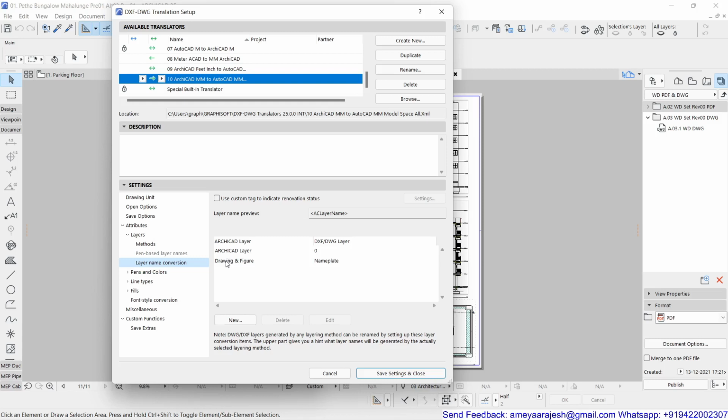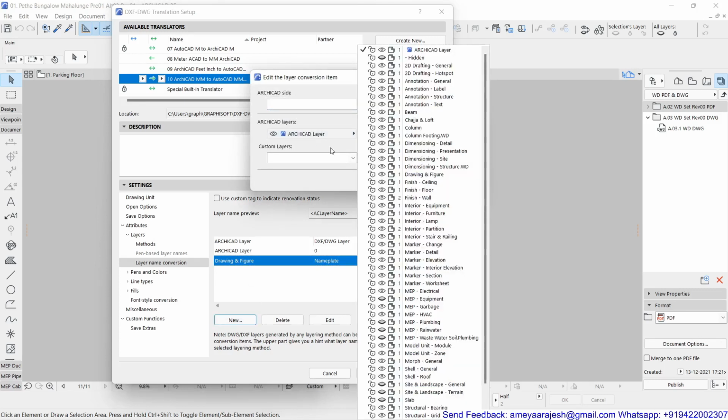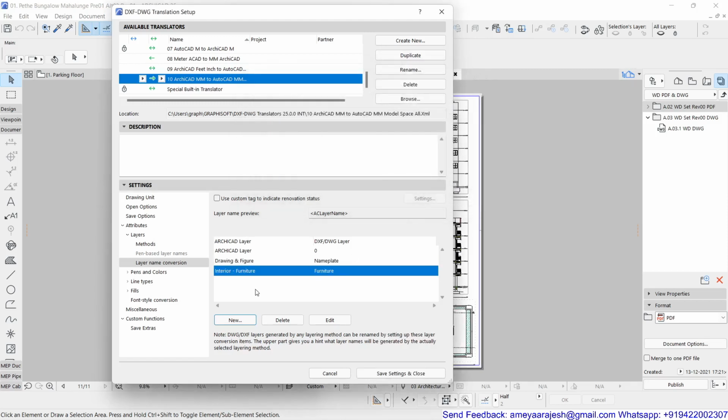For example, I have selected drawing and figure, and that was renamed as nameplate. In the same way, if you see interior furniture and you just want to rename it as furniture, you can give such names, and that will be the substitute name. So you can decide this. Again, this is really important.